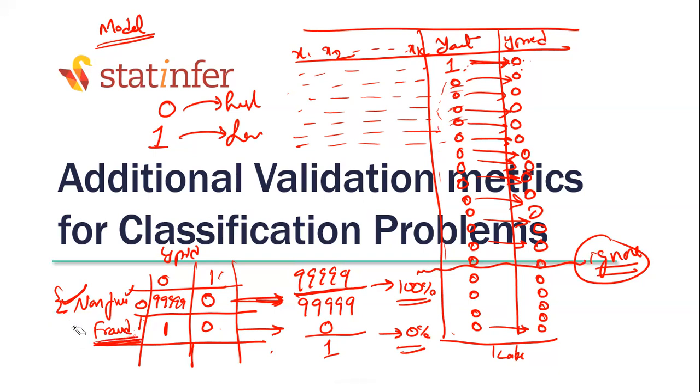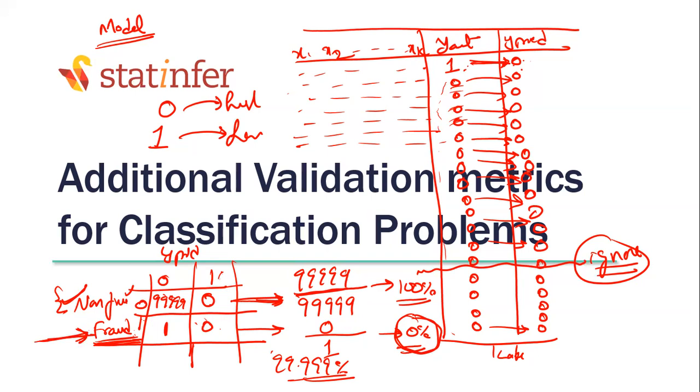Here we cannot make any mistakes, but in the class that we are taking critically, there is only 0% accuracy. So in the class that is very important for us, we have achieved nothing. But overall accuracy seems to be 99.99%. That is the problem with overall accuracy. It gives equal importance to both classes. Sometimes when there is class imbalance, we are interested in only one class. In that case, we have to look at the individual class-wise accuracy.